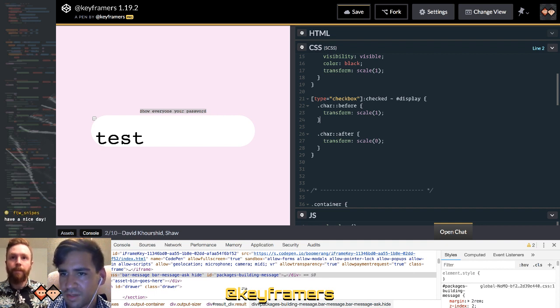All right, time to debug. Let's see what happened. Is our checkbox working? Yeah, I think it's working because it's toggling over. So the toggle works.